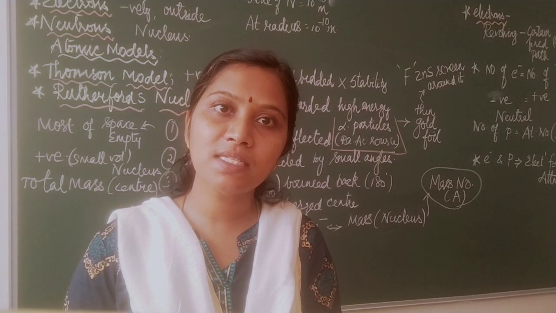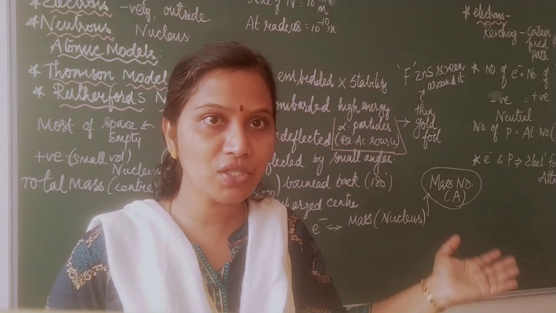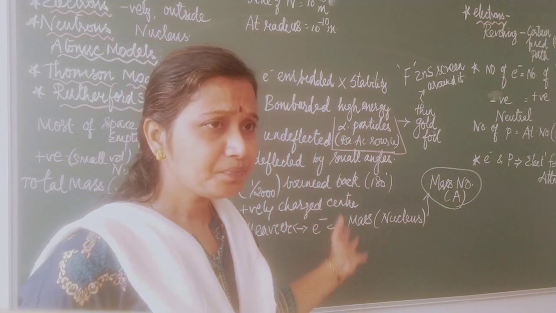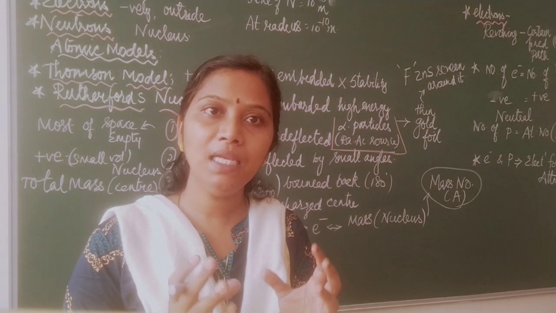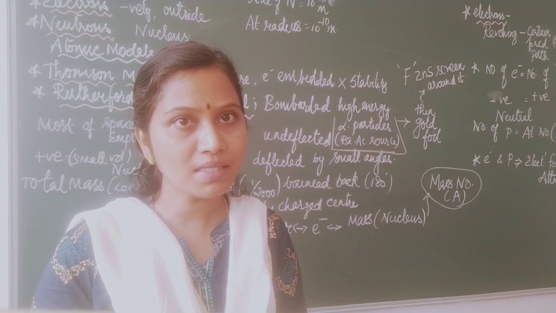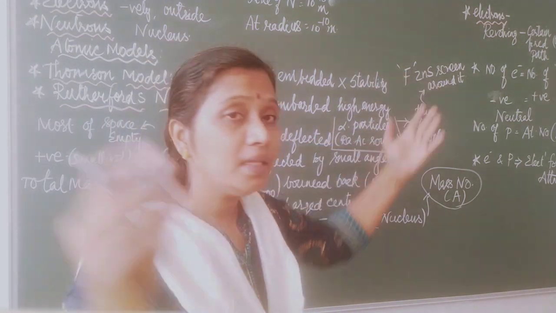Mass of nucleons is otherwise called mass number, and mass number is indicated by the capital letter A. So what was the final conclusion Rutherford derived? The atom is nothing but a tiny positively charged center, and the mass of the nucleons is your mass number, represented by the term A. Now moving to the third thing, what about electrons?